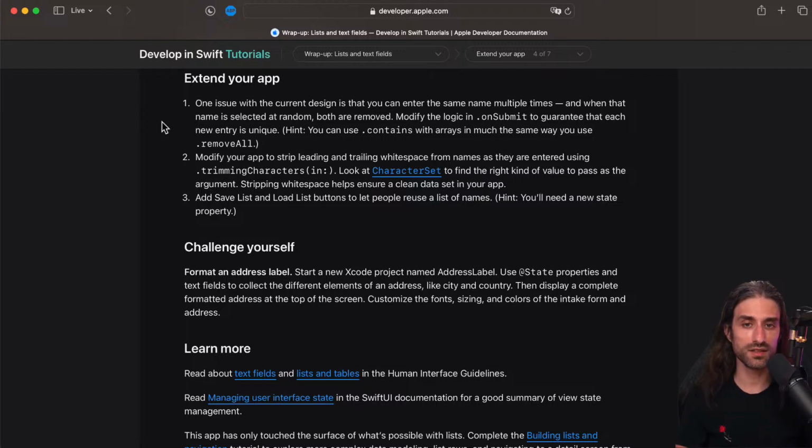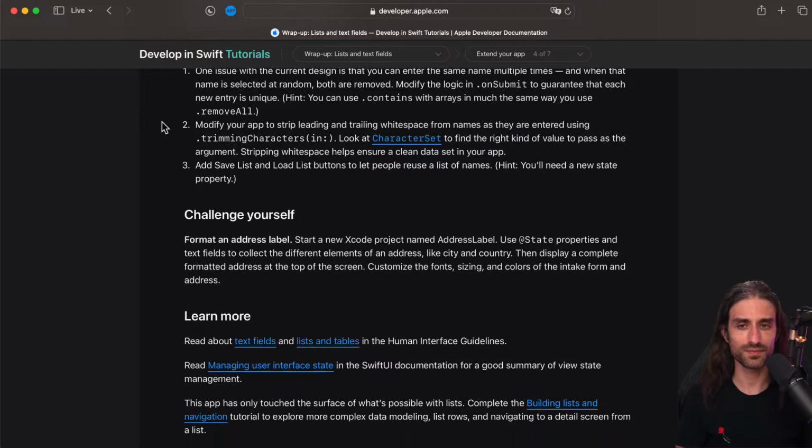So you want to test whether the array already contains the name before you add it into the array. Now the question is, what do you do if it already contains the name? Do you simply not add it but still clear the UI? Do you not clear the UI? Do you show an error to the user? That's up to you. You can try and implement this.